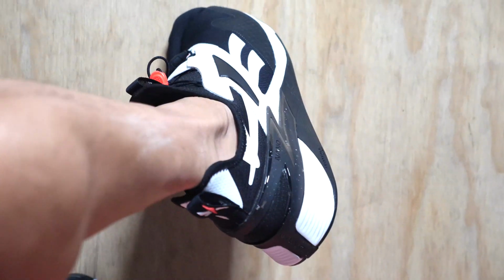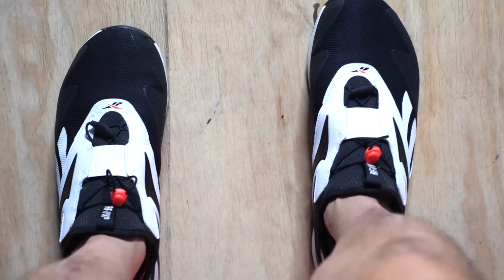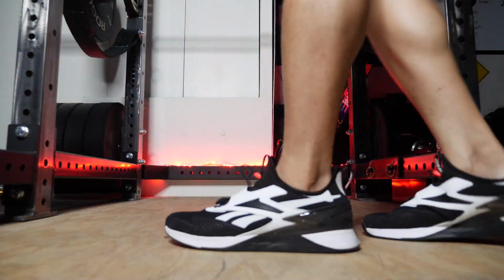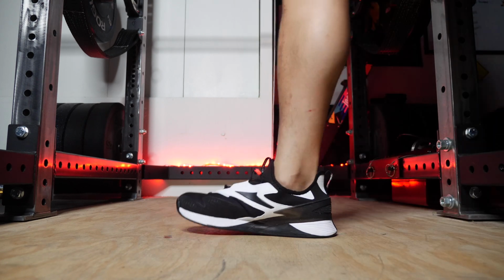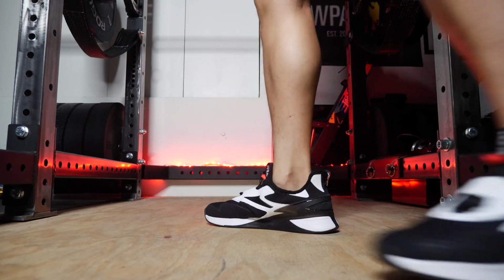When I got those in, I still thought that they were really tight, but I couldn't send those back, so I just wore them, broke them in, and at this point in wearing the shoes, I think that they are now comfortable, but they are still on the narrow side. Another thing that is going to be really off-putting for people,